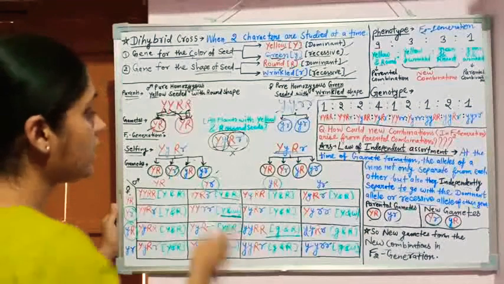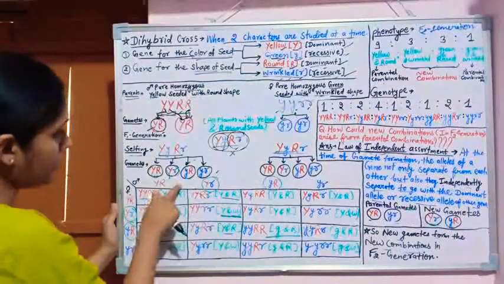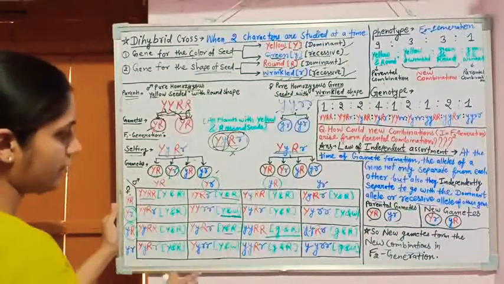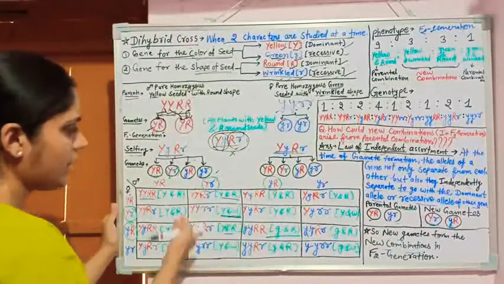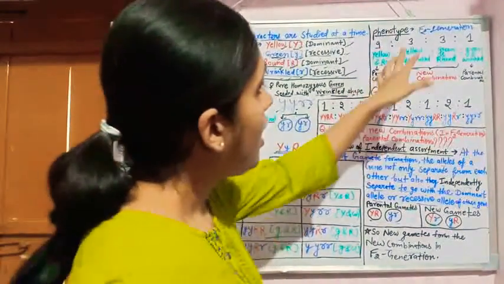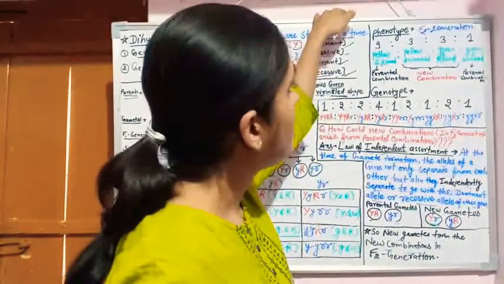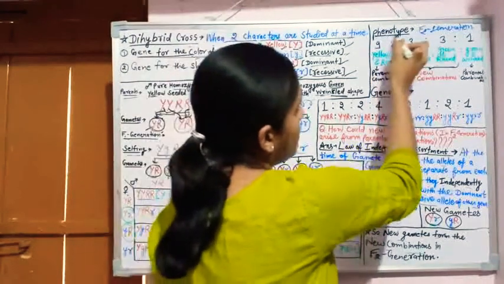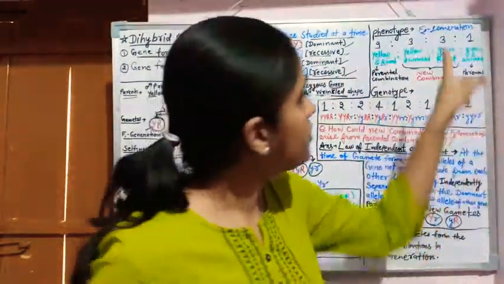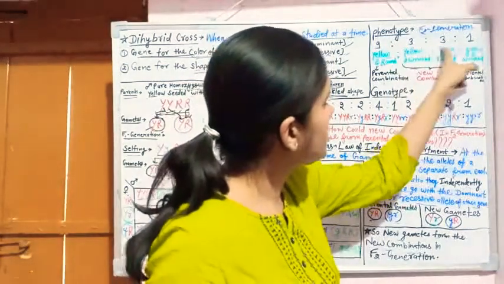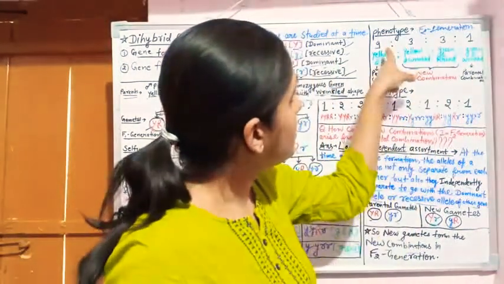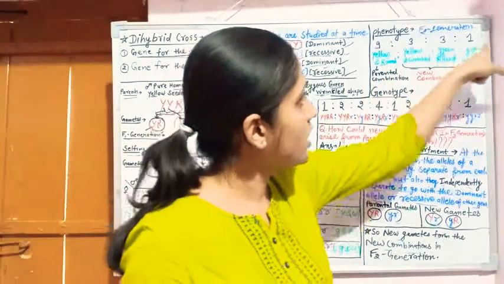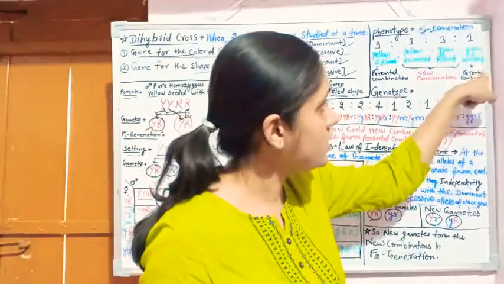It is also known as the Punnett square. In this you can see we will cross it, and this is the phenotype, this is the genotype. After the observation, Mendel found that the phenotype of the F2 generation is 9:3:3:1, and in this 9 seeds are yellow and round, which is the parental combination, and one seed is green and wrinkled, which is the parental combination.